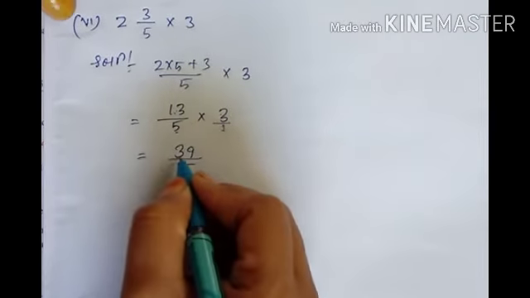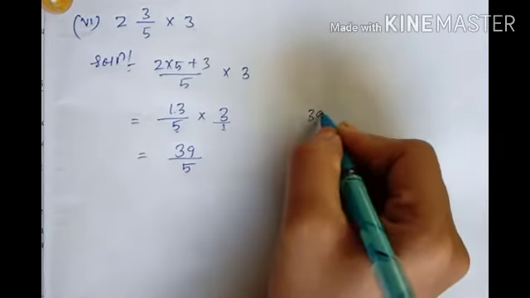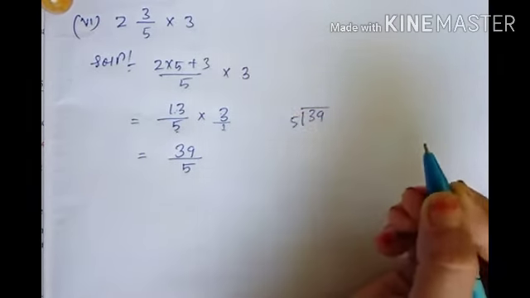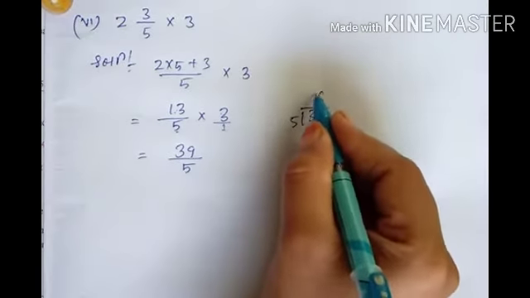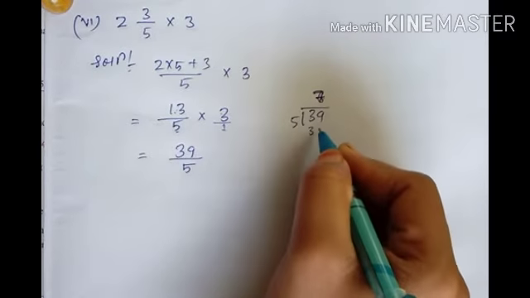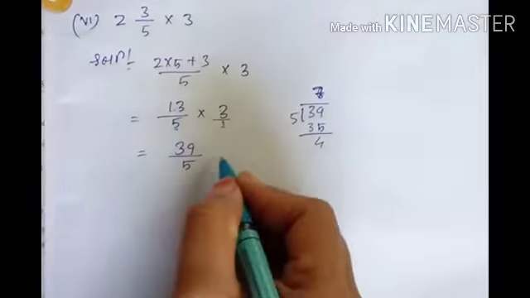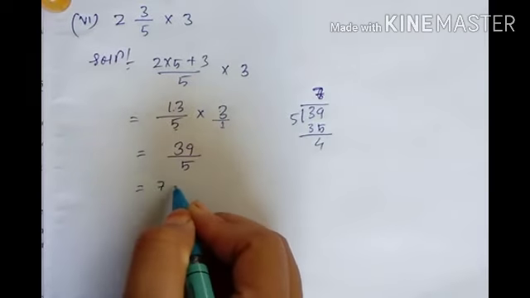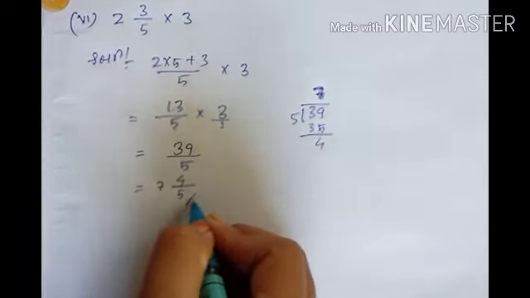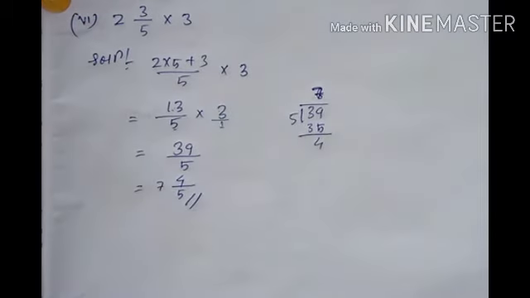39. So now this is again an improper fraction. So what will you do? Convert this to a mixed fraction. You will divide, 7 times it will go, isn't it? 7 5s are 35 and the remainder is 4. Now how will you write this? 7, then 4 upon 5. So this is your answer. So hope you have understood. The remaining questions 7, 5 and 4 I kept as homework. If you face any difficulties or problems, then you can comment in my video.